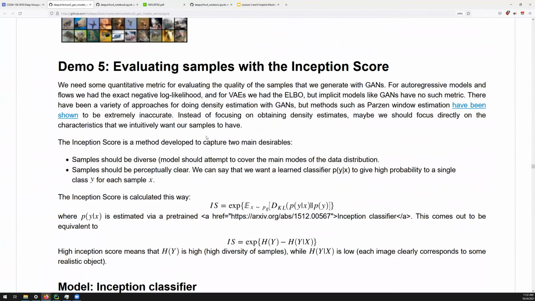And then you look at the class, so you can give it an image, right? This is the classifier, Inception or GoogLeNet, and then it'll give you a probability over all the classes, and then you take the KL divergence of